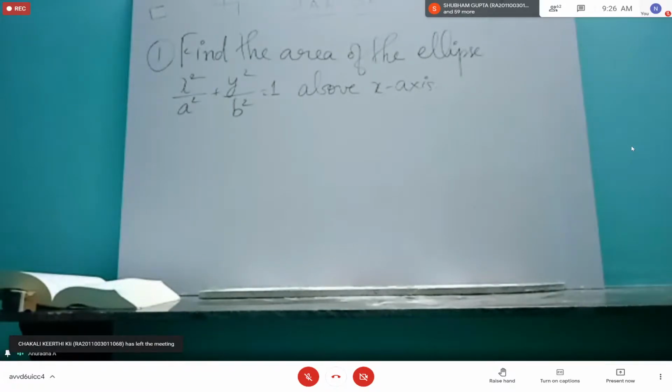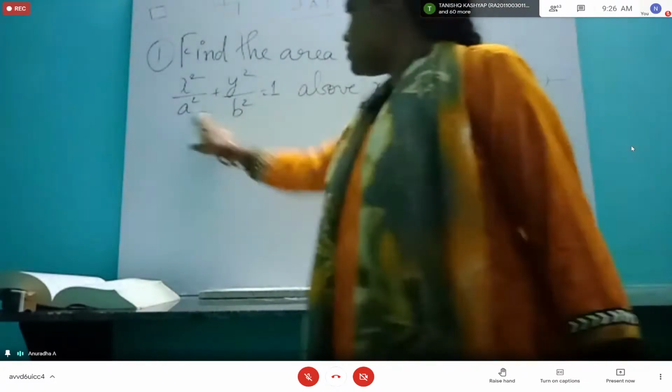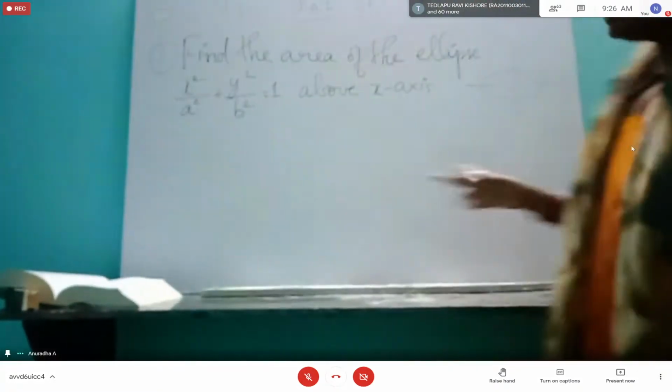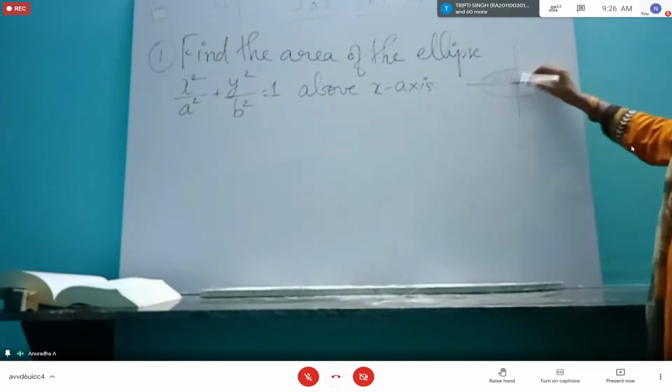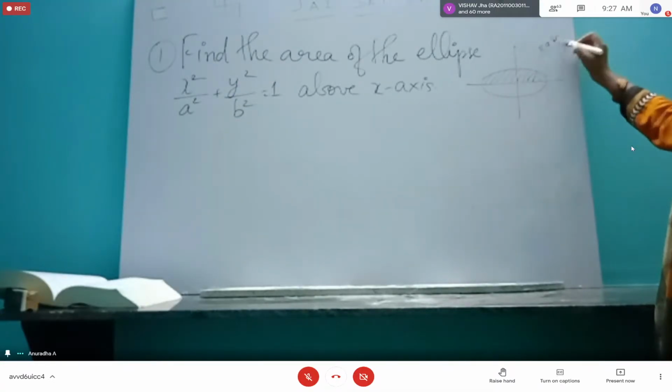So either they give it as area of the ellipse or area bounded by the ellipse, and not the entire ellipse they have asked. They have asked only above x-axis, what is the area? Anyone remembers area of ellipse? Anyone? pi ab. What is area of ellipse? pi ab. Yeah. Because this is x square by a square, y square by b square only, no x minus a, y minus b, or x minus 5, y plus something given, we will be drawing with the origin only. So above x-axis means this region only we are going to take. So half of that. So our answer is pi ab by 2.